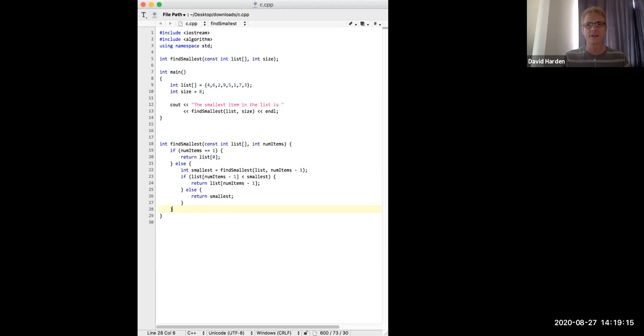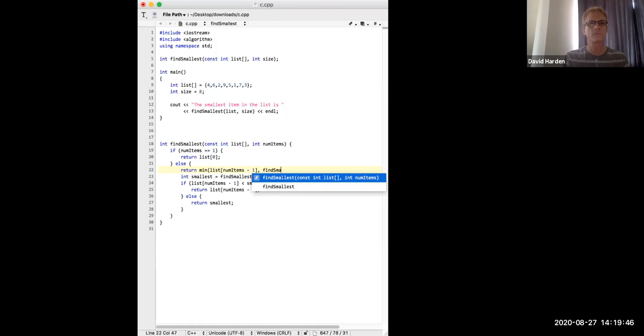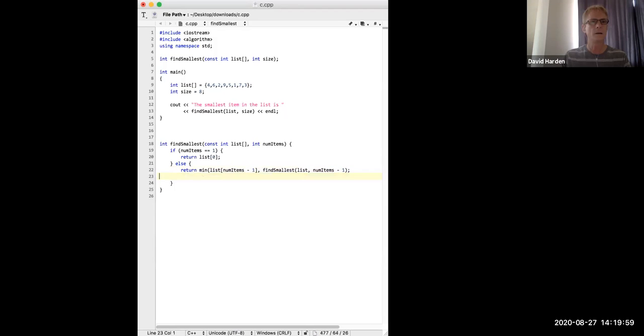Okay, I can't resist. I'm just going to take 1 minute. I'm going to make this even better. Basically, what we're saying here in this code right here is return whichever is smallest between the last item and the smallest item out of all the rest of the list, right? So I'm going to replace all of that code with just